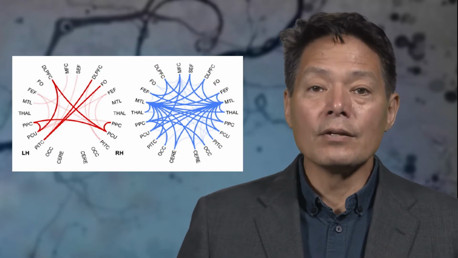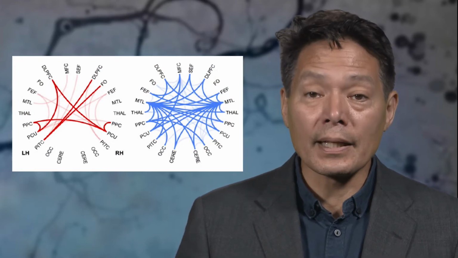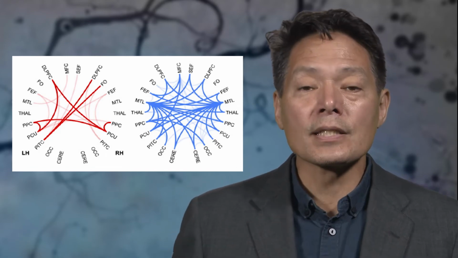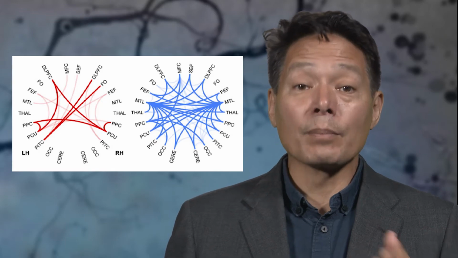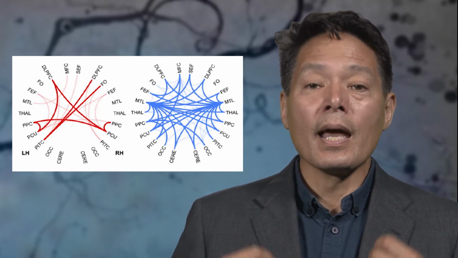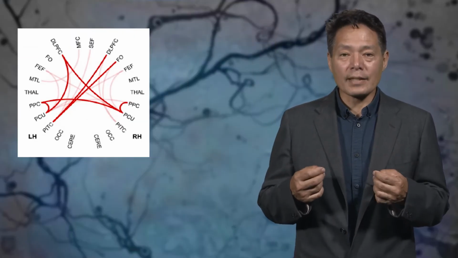Here in red, you can see those areas of the brain that became more functionally connected when manipulating the shapes, either taking them apart or putting them together in one's internal mental workspace. And in blue, you can see those areas of the brain that became more functionally connected when maintaining a shape or shapes in working memory. Let's focus on the red connections.